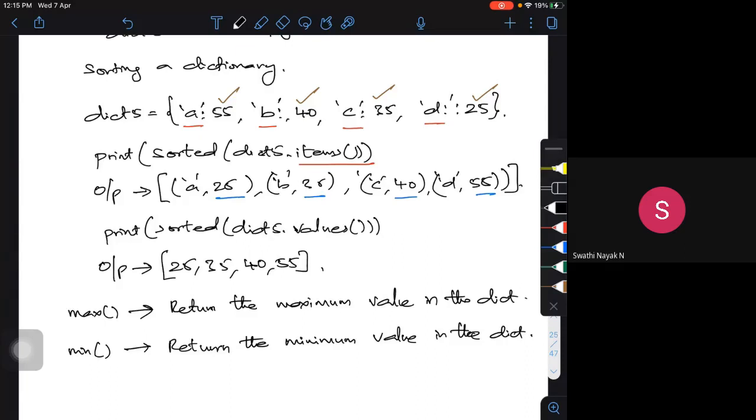Then if I put min of this dict, the one having the minimum value is D, that is 25. So it clearly tells which has the maximum and which has the minimum value. These are some built-in functions. You can go through them, mark them, work on them, and then use them. So this is about your